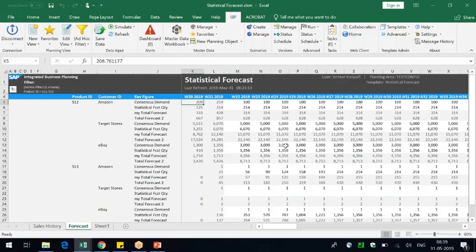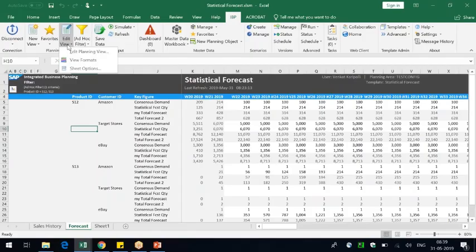Here the beauty is that it's not only doing the calculation for this combination, but it is extending it to all the combinations. You can see for all the customers this has been extended, and also to the product S13 and the other products that are there. Now if you're done with your local member, go to the sheet options.